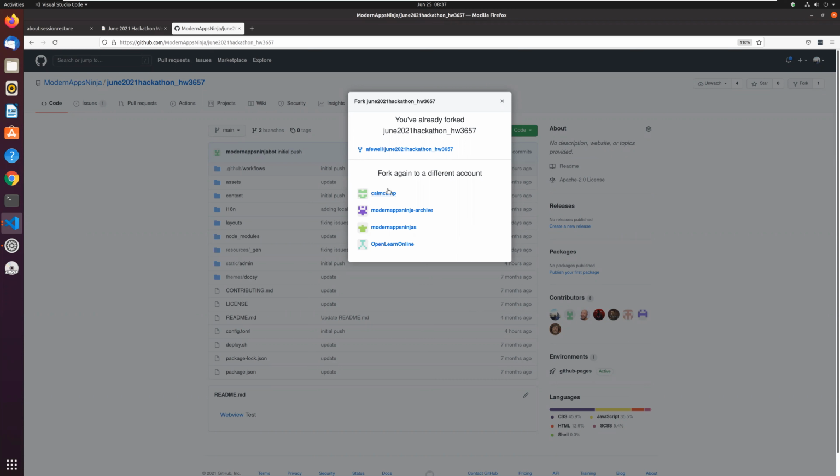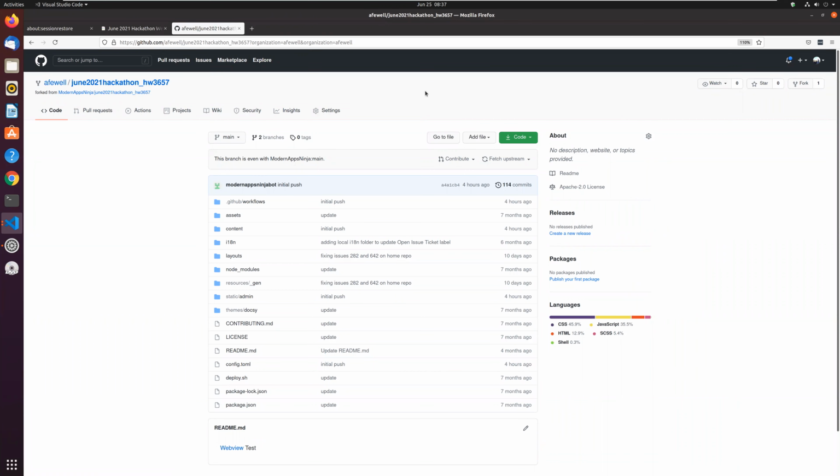So if you were creating a fork, you just click on this, and don't get thrown off by the word. Just follow along with really simple instructions. If you just follow along and don't let the wording get in the way, you will definitely be fine. So I created this fork, and by the way, this is not something that you're going to have to do. This is a more complex workflow for those who are getting started. I'm just providing a high-level overview so you can see what the process is behind the scenes for creating a course. Okay, so now I have my fork, which is a copy.